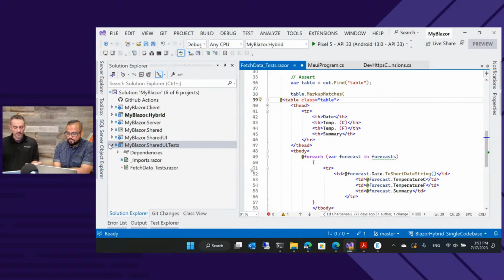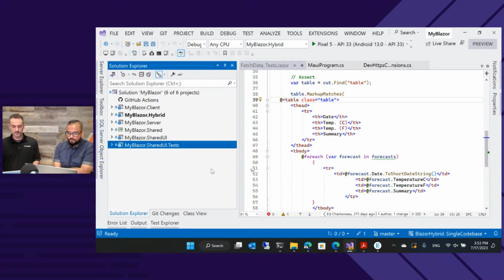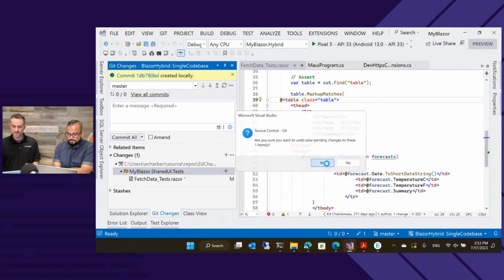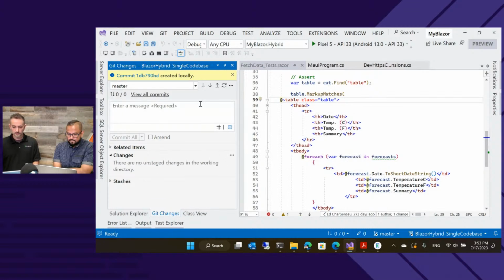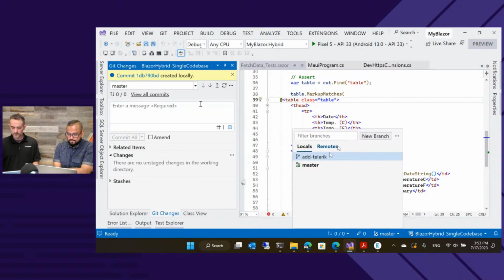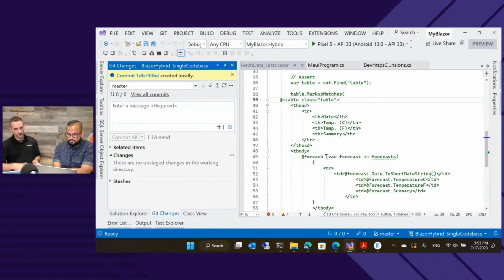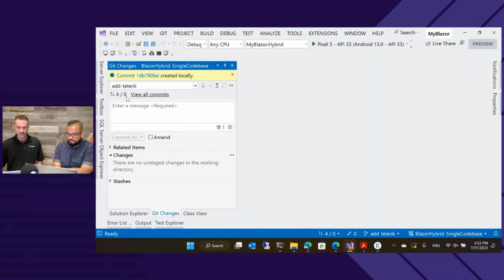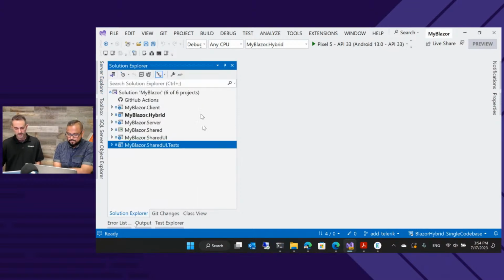So what if we want to add some Telerik stuff? Okay, all right. So let me throw away any changes I might have here because I've got it in the same project. We will jump over to another branch. So I've taken the same project and I've upgraded it with some Telerik stuff. Hopefully changing branches doesn't blow up the build here. Sometimes I might have to reopen the project for this to work right. Let's pray to the demo gods and make sure that doesn't happen.